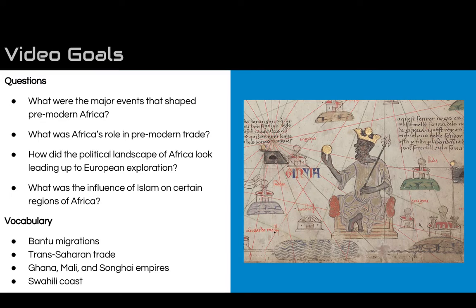So that's it. We've looked at major events. We've looked at economics with trade. We've looked at politics. We've looked at culture. And here we have this image of the king of Mali, Mansa Musa, holding gold in his hand, showing his power of king with scepter in hand. And all these lines and cities shown on this map connecting trade between his powerful, rich empire and those around him, especially trading with North Africa. So this is kind of a nice little image that wraps up what we've been talking about in this video.